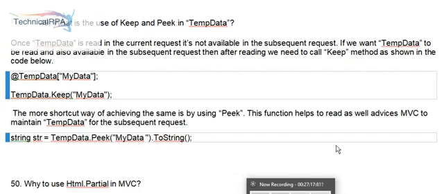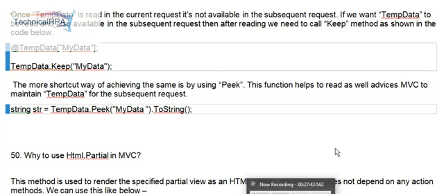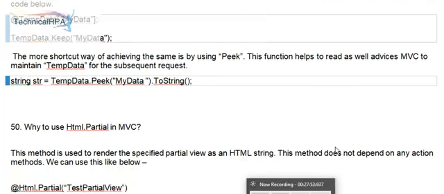49. What is the use of Keep and Peek in TempData? Once TempData is read in the current request, it's not available in the subsequent request. If we want TempData to be read and also available in the subsequent request, then after reading we need to call the Keep method as shown in the code below. TempData["MyData"]; TempData.Keep("MyData"); The more shortcut way of achieving the same is by using Peek. This function helps to read as well as advises MVC to maintain TempData for the subsequent request. string str = TempData.Peek("MyData").ToString();